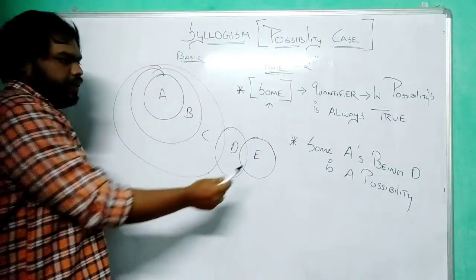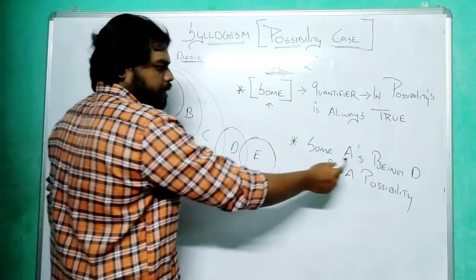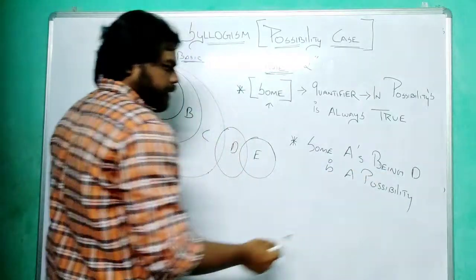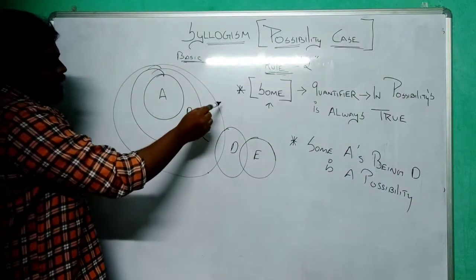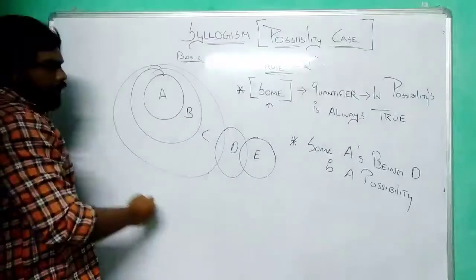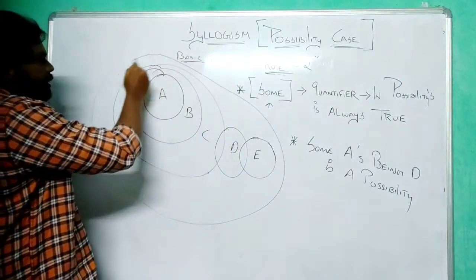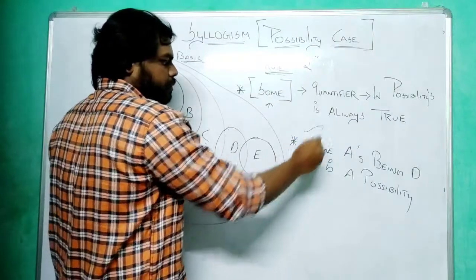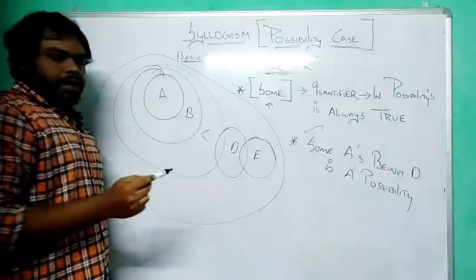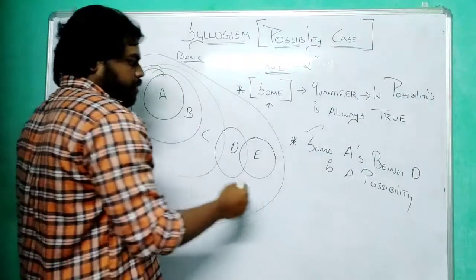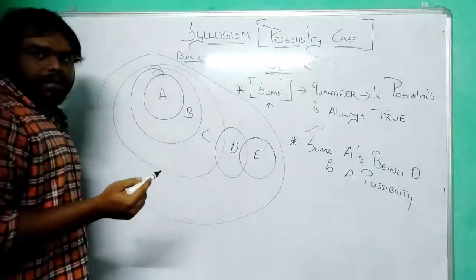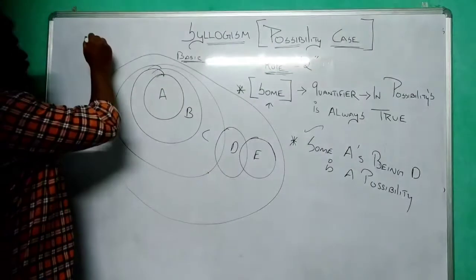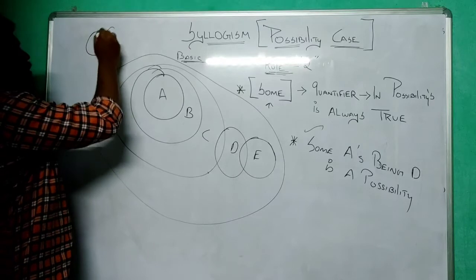Right. If I see this statement, some A being D is a possibility, and if I check all the Venn diagrams, all the parameters are sitting under a single Venn diagram, then I will blindly mark this conclusion as true. Because we have seen that in the basic video, I have told you that for this